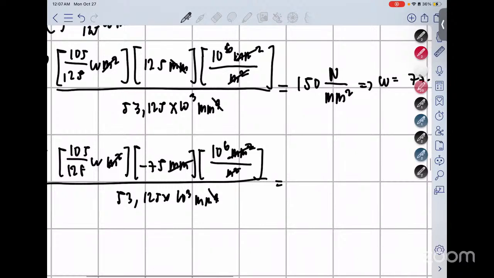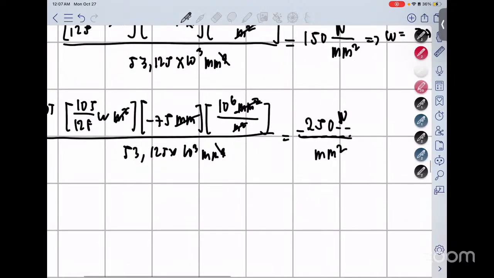And then this is equal to negative 250, because it's in compression, it's in tension, over mm squared. So therefore, solving this, our omega is equal to 215.87